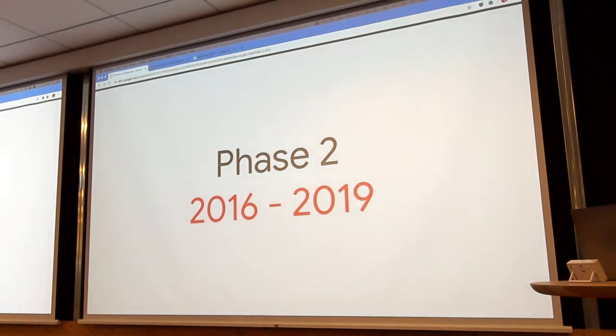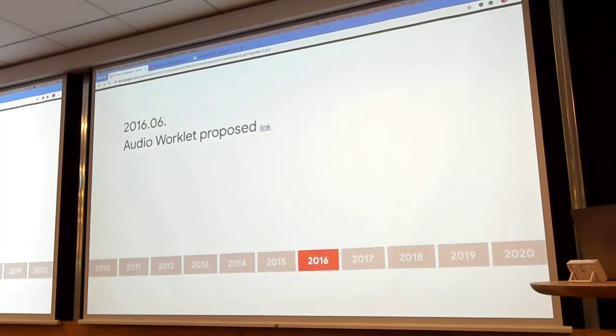And that leads to the second phase of the timeline, which is from 2016 to 2019. Almost 3 years after the TAG review, Ian Kilpatrick, one of my colleagues at Google, pioneered a new feature named Worklet. In short, it is more of a lightweight version of a web worker.